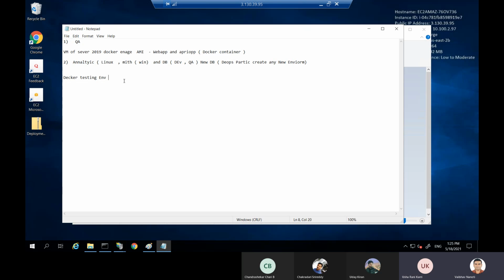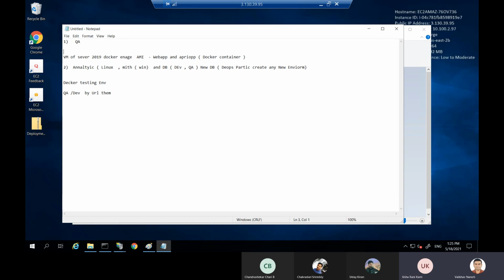After this, you can check with the QA and dev, specifically by giving the URL to them. Once the environment is ready, there should be one URL for this environment, right?